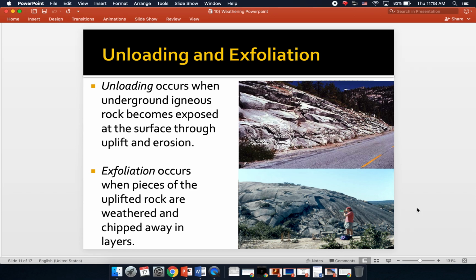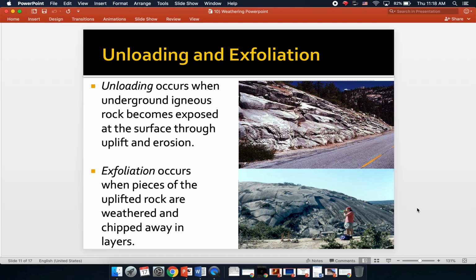All right, unloading and exfoliation. Unloading occurs when underground igneous rock becomes exposed at the surface through uplift and erosion. So if tectonic forces cause igneous rock to be exposed at the surface, we refer to that as unloading. Also, if soil layers or other rock layers are removed through weathering and erosion, we would also refer to that